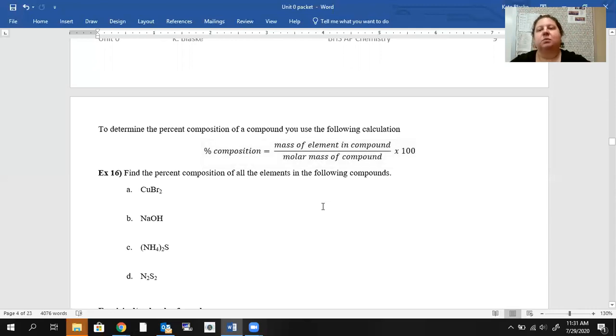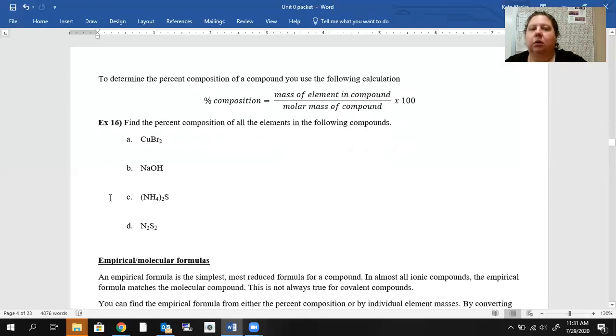Based on those percent compositions, because we know that elements combine in specific ratios, that's one of our laws of chemistry, the law of composition, we know that every formula is always going to have the same percent compositions. So if I have something like this copper bromide, for every molecule of copper bromide, there's 1 part copper and 2 parts bromine. But copper and bromine have different molar masses. And so it's not just always that it's a 1-to-2 ratio. We have to identify what that ratio is going to be or what that percent is going to be based on their mass. So if we go to our periodic table,